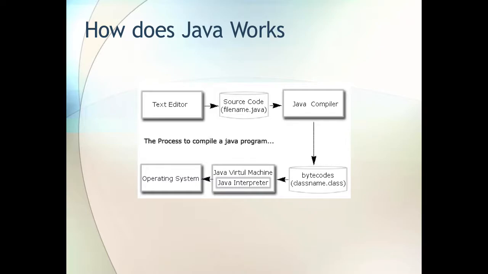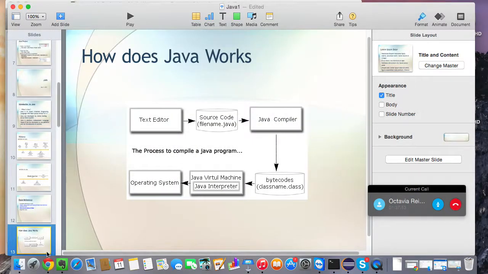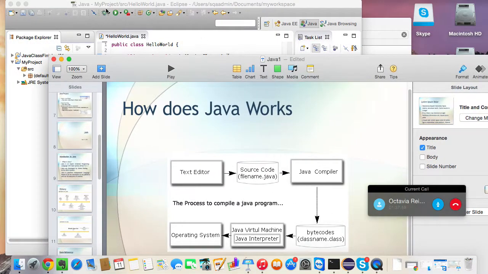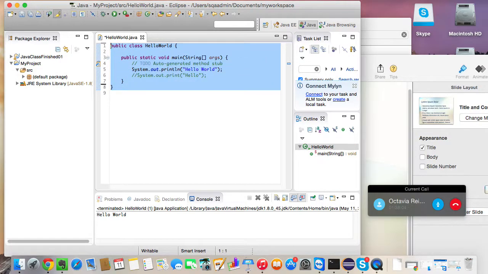I think we're going to take a step back and create the same class, but this time use the JDK to compile the code and run it, something you'd have to do if you didn't have the IDE. To make it easier for you, we'll just copy this. So if you want to copy all your hello world text,